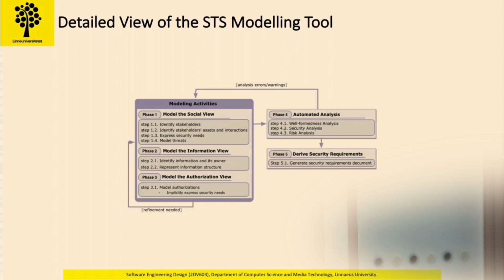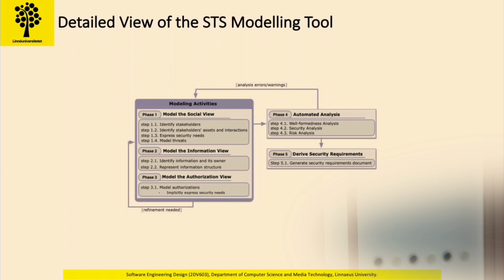If I am delegating some goals to someone, I will impose security needs on those delegated goals, such as whether that person is authorized to do that, or has the authorized or secured information to do that. Once we have the security model, with the social view, information view, and authorization view, and the security needs for each of them,